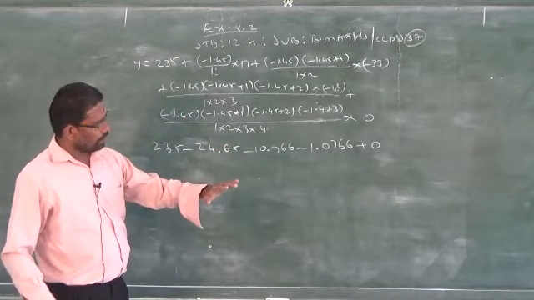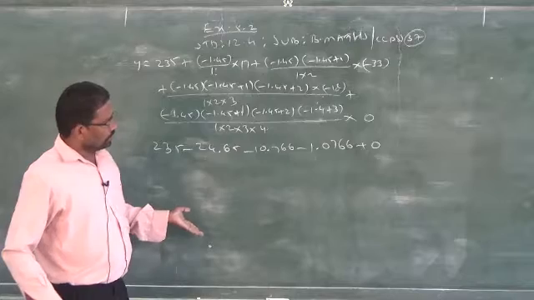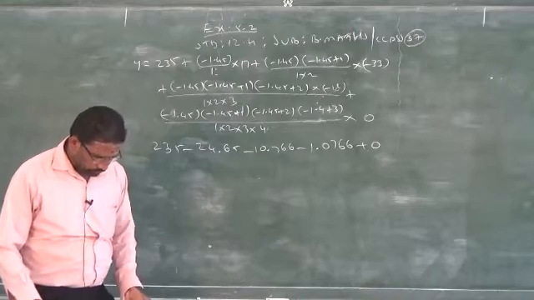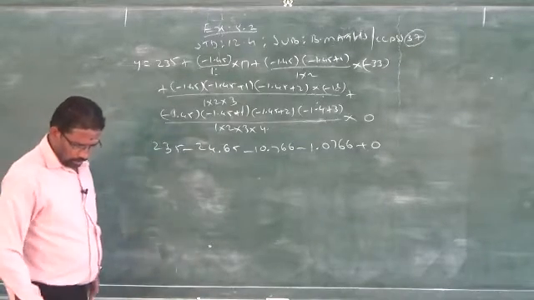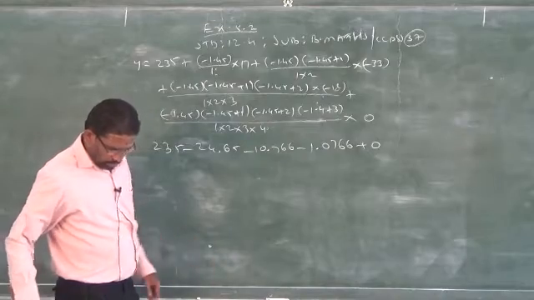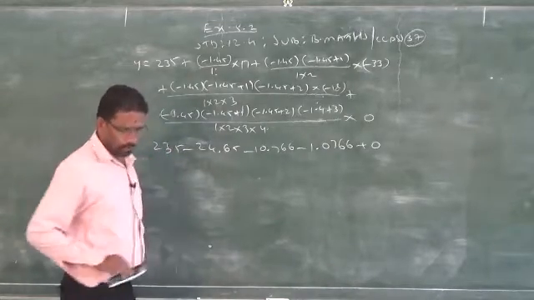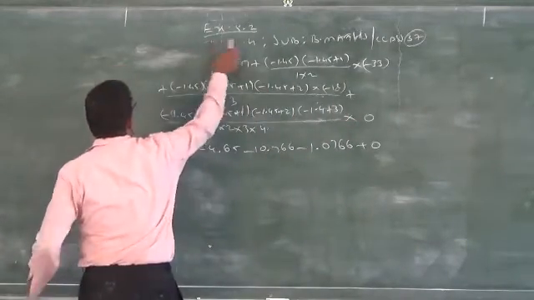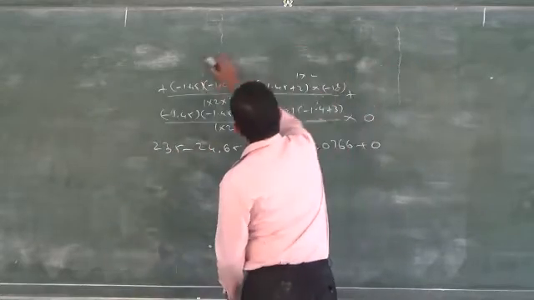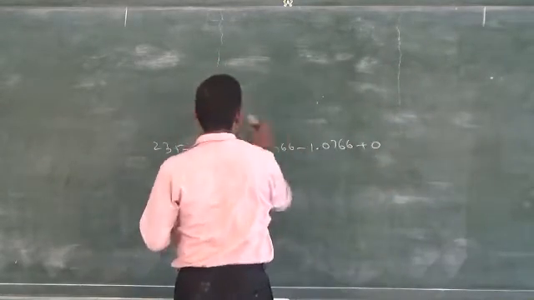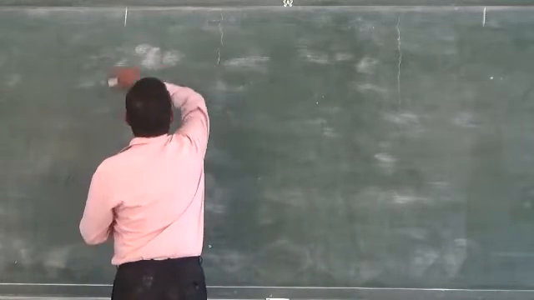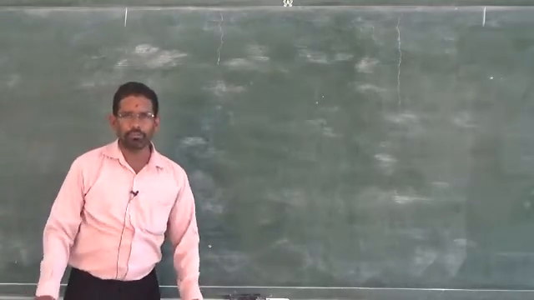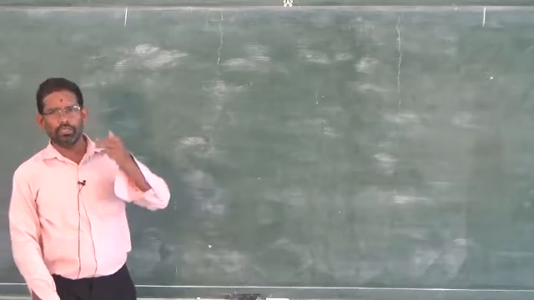Clear? Either you have to use the backward formula or the forward formula, depending upon the x value. So do sum numbers up to 8, then you will go to the next model, sum numbers 9 to 12, where you have to use Lagrange's. I am going to do only one problem out of these 4 problems. You have to do the remaining ones at home. Clear? It depends on our calculators. If it is the regular class, we will complete them, but in the YouTube classes, I can teach one model and the remaining you can do at home.